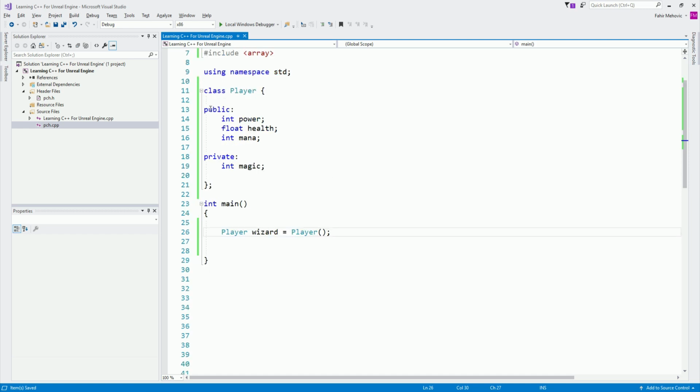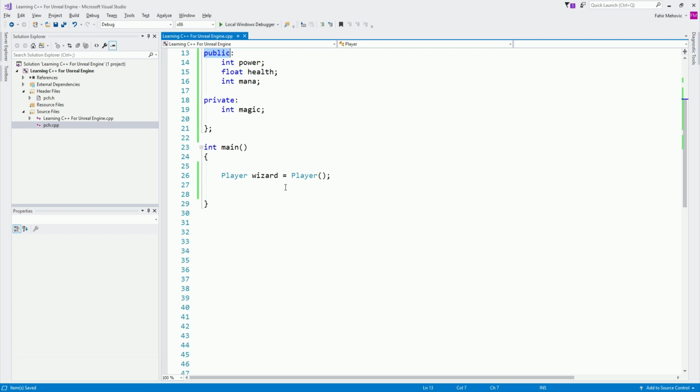So first of all, let's cover this public and private that I mentioned a moment ago. Here we have the int power, which is public. That means that I can say wizard.power is equal to 100, and I can go here and say cout, the power level is over 9,000, and call wizard.power, and here again I'm going to say endl to end the line.